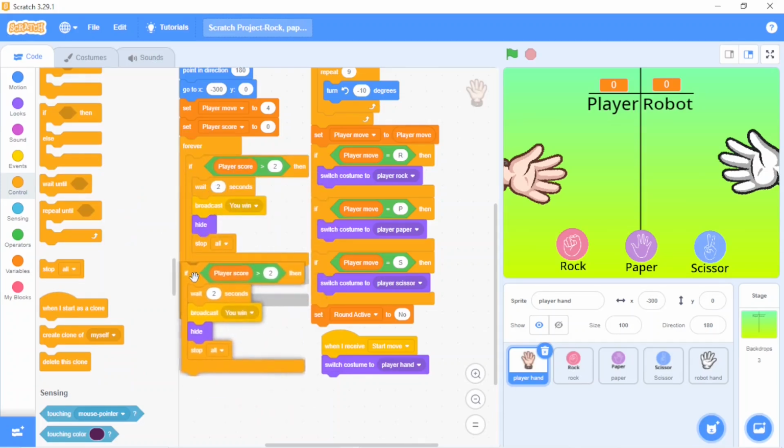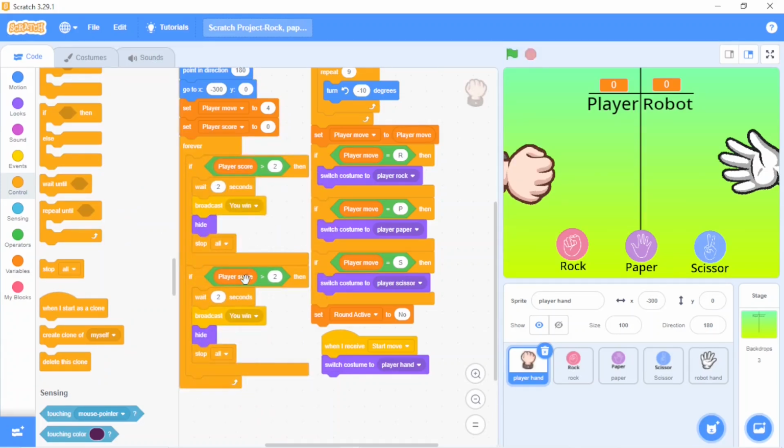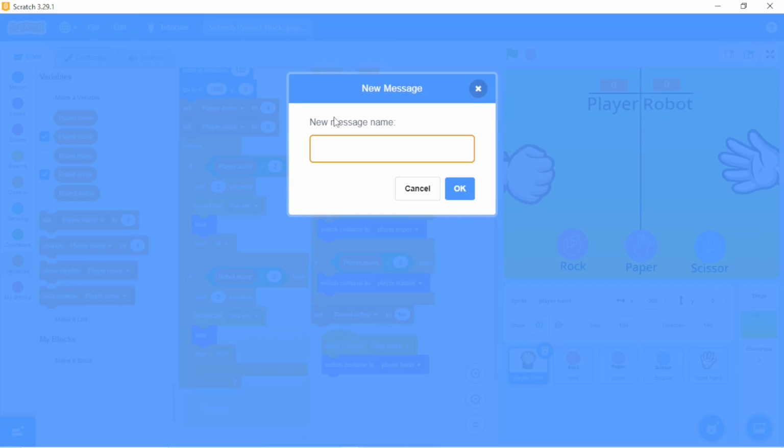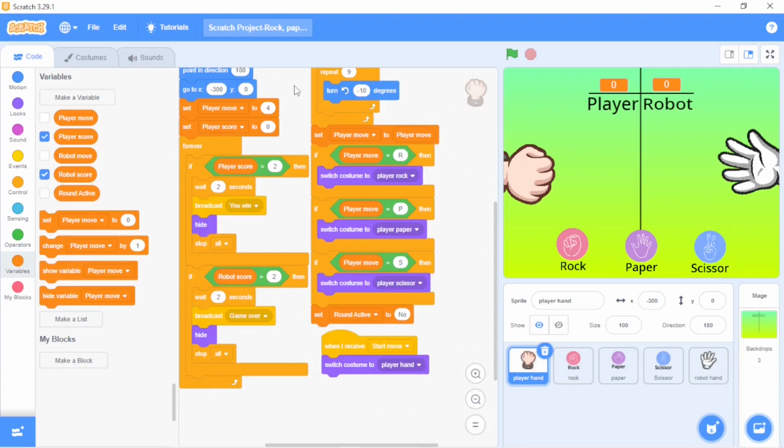Now duplicate this, put it down, and instead of player score take robot score and broadcast new message game over. Okay, and this coding is done.